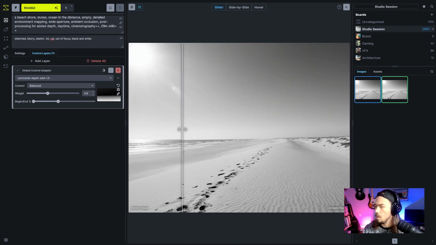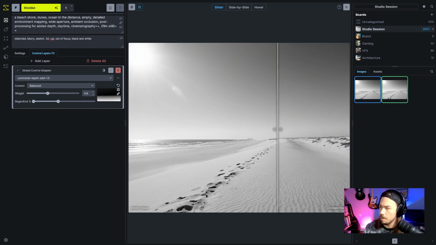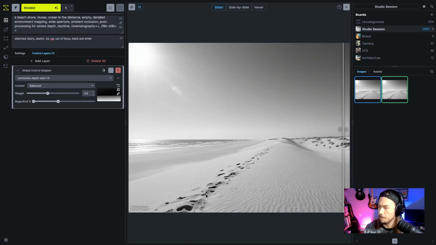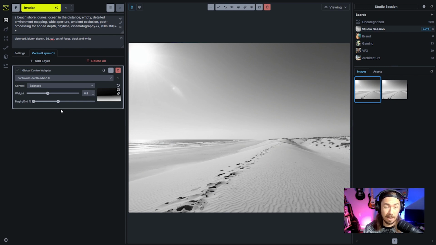Let's see, which one do I like better? I think this one maybe has more depth in it and kind of looks a little bit closer to what I'm going for. And I think that's the one with a lower end step, right? So again,